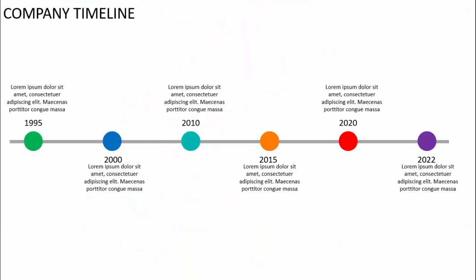In today's tutorial, I'm going to show you a visual timeline slide in PowerPoint. Generally, whenever we have been told to make a timeline slide, a company timeline slide, we create a slide like this where we'll put the year with some different colors or the same color, and then we will add the text. So instead of creating this boring timeline slide, why can't we do something more creative and innovative? Let me show you how I converted this particular slide into a more creative one.